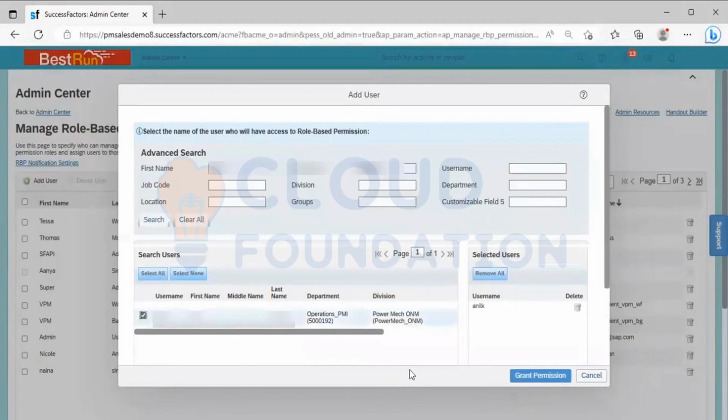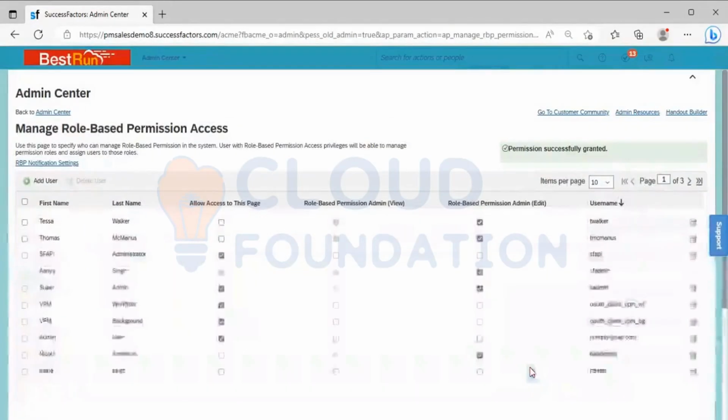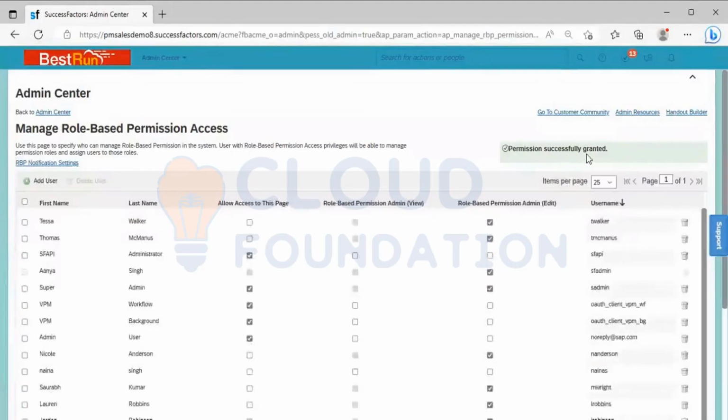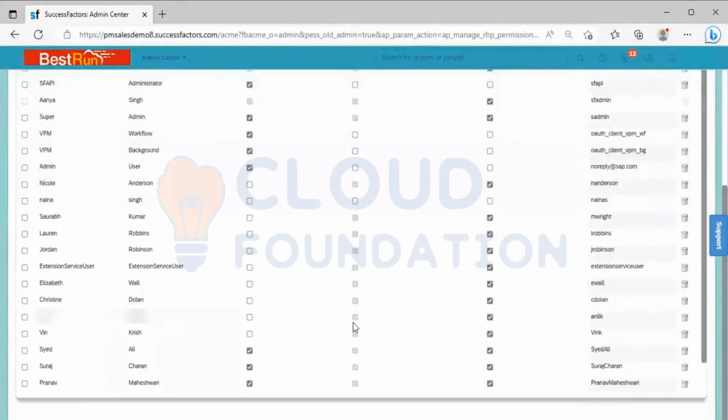I will click on this and grant the permission. Now when I go to the maximum page, you can see permission successfully granted. When I scroll down, view access is being given. I am not giving the access to this page. I have given this permission.